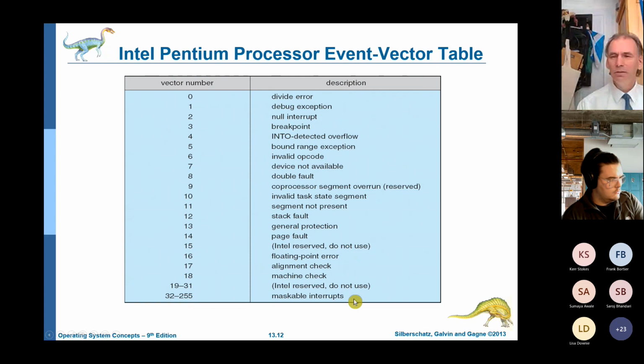So we can start adding things in. As you see here, interrupts aren't just used for I/O, they're used for exceptions. Stack fault, page fault, segment fault, double fault,